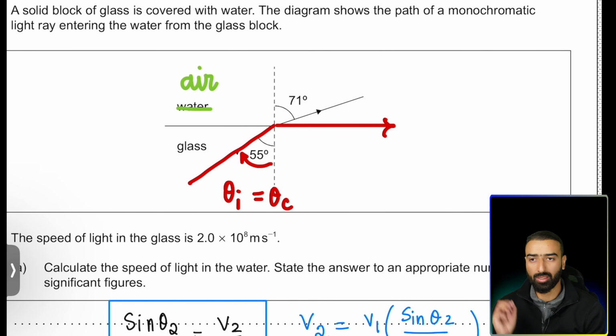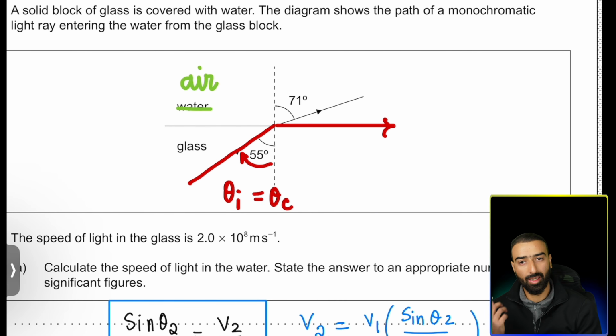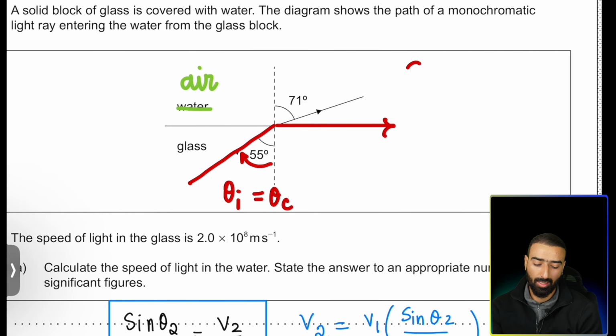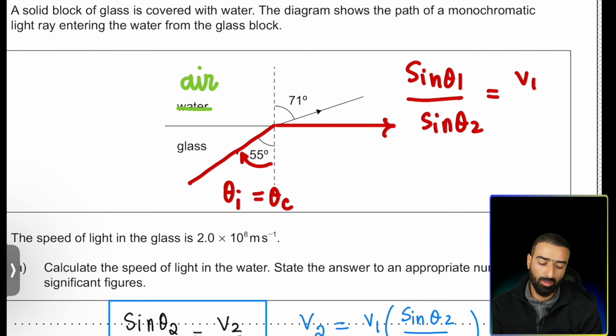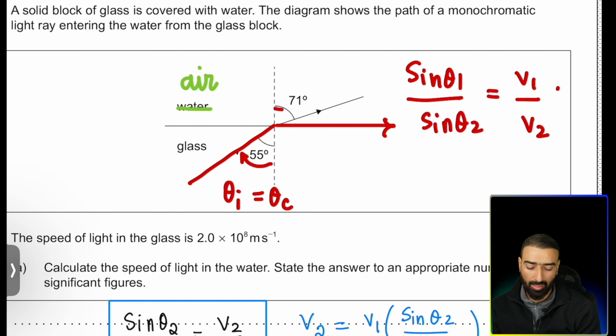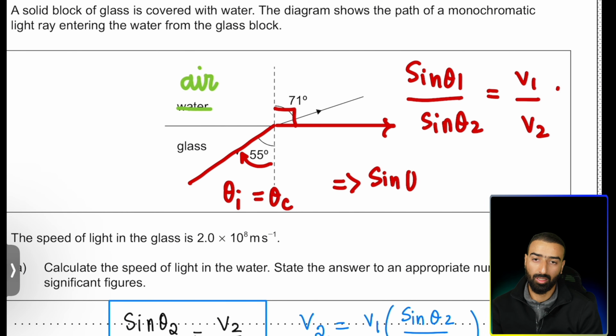Let's figure out this critical angle. We can once again use Snell's law, which says sine theta 1 over sine theta 2 equals V1 over V2. Theta 2 is 90 degrees for the critical angle, so we have sine theta critical equals